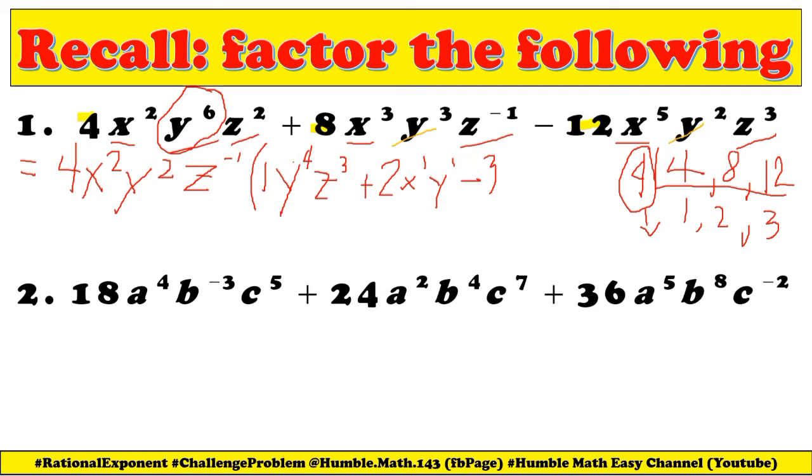So x to the 5 divided by x squared is 5 minus 2, so we have here x cubed. Then y squared, so we don't have any more y here because it is equivalent to 1. Then z cubed, minus negative 3, z cubed divided by z to the negative 1, so therefore we have 3 minus negative